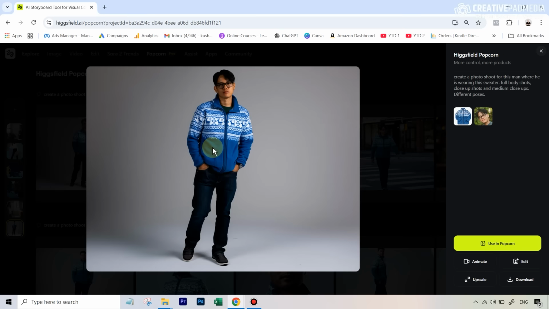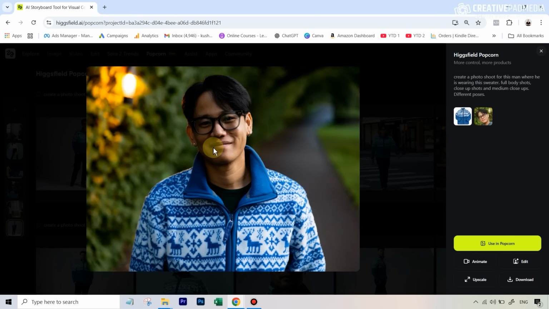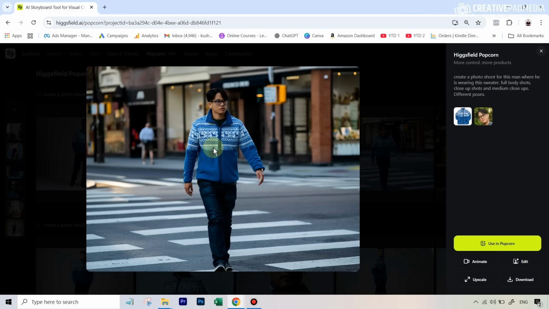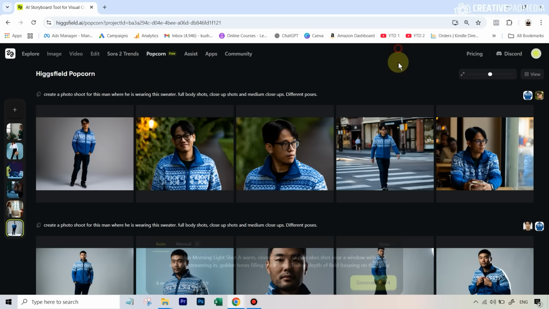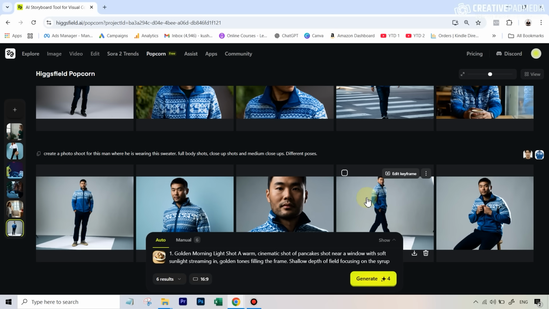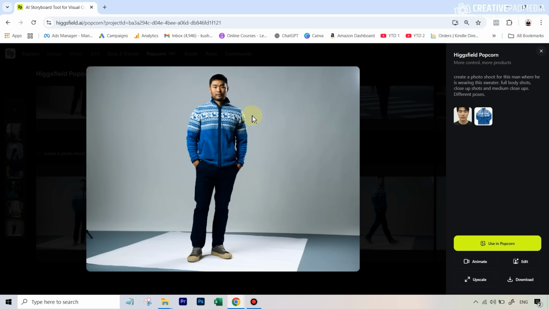So let's have a look at these shots. You already saw this before. And you can see it's the same man. The clothing is the same. Everything is really, really consistent. So I got 5 shots like this, but I did want to try out the same thing, but just uploading the image of the sweater or the jacket. And this time I wanted to see the amount of realism it can generate on its own with the AI look. And I was very impressed by its own AI persona also, because you can see this man looks incredibly real,